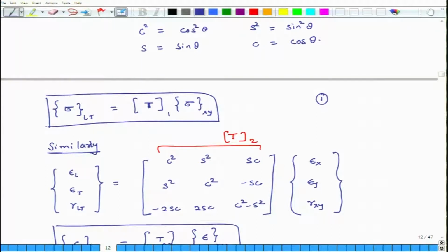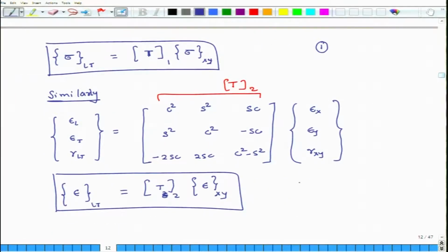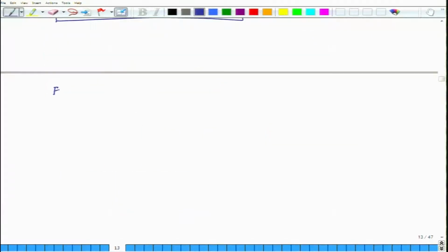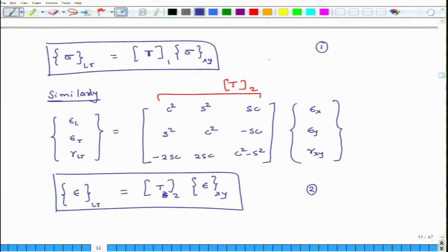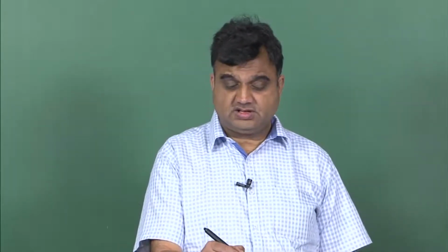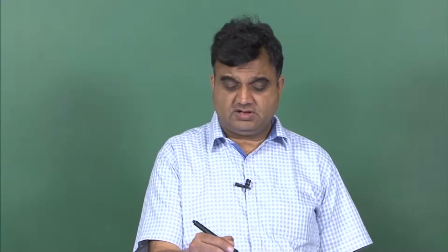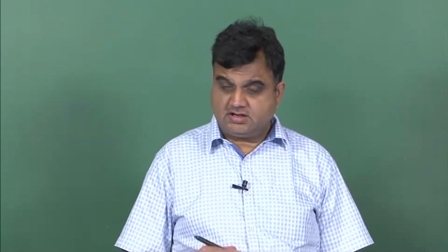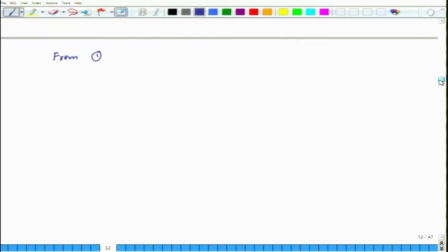Okay. Now, we are going to merge these equations. So, this is equation number 1 and this is equation number 2. From 1 we can say, if I multiply the first equation by inverse of T1 on both sides, then on the right hand side inverse of T1 times T1 just becomes an identity matrix. So, it goes away. So, what I can say is that from 1